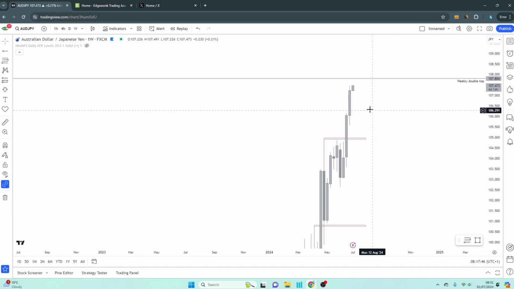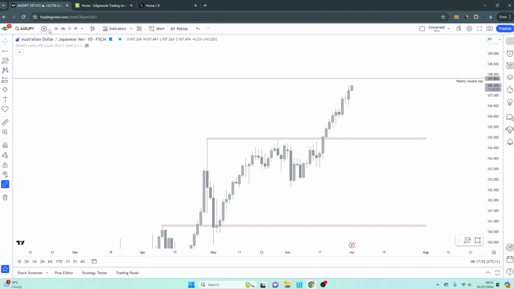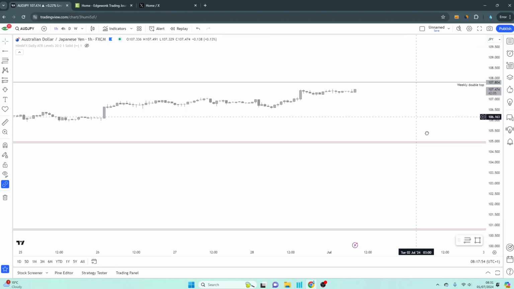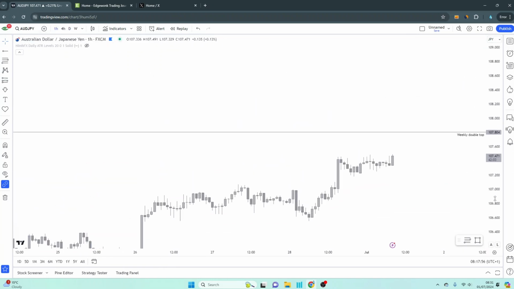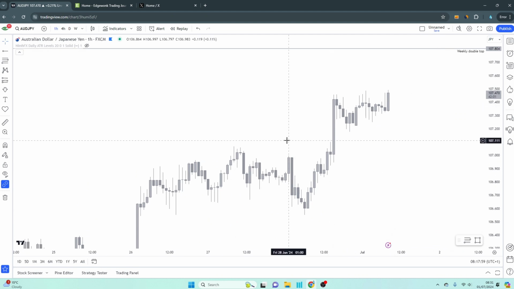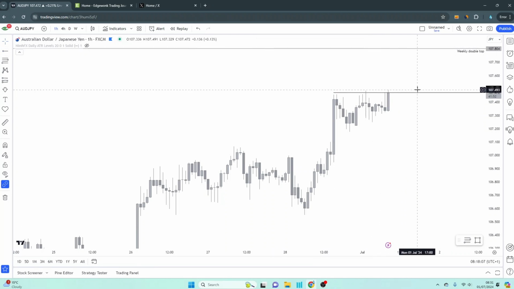I scrolled all the way back to the present date. I mean, the market's showing no signs of slowing down. Look at that. If we don't get that touch on the weekly double top, I don't know what the market's doing. But now we're unlikely to get that pullback here, I must say, now that we've printed this bit of price action there. So it might be a case of going up, retest, and then getting long into that.